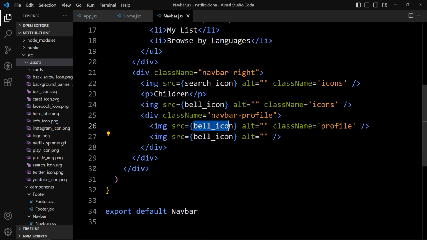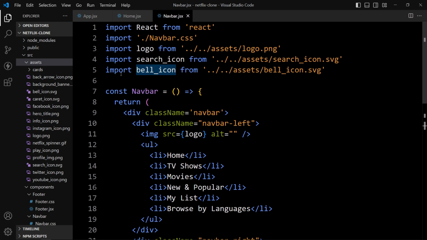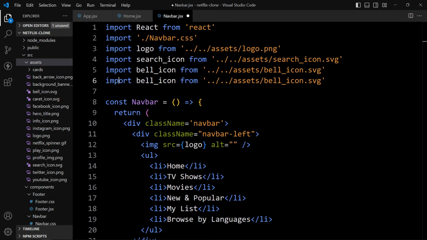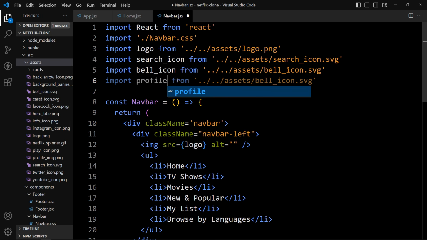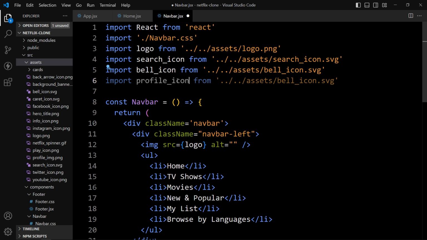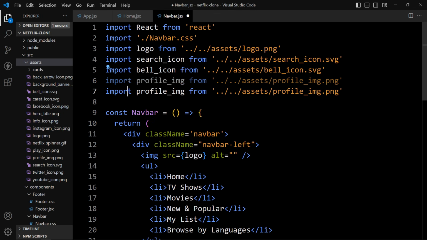Next we have to update these images. So first we'll import the profile image and drop down icon. So duplicate this line, and here we'll add profile icon, or let's say profile img, and it will be from profile img.png file from this assets folder. Let's duplicate this line, and here we'll import the drop down icon also.